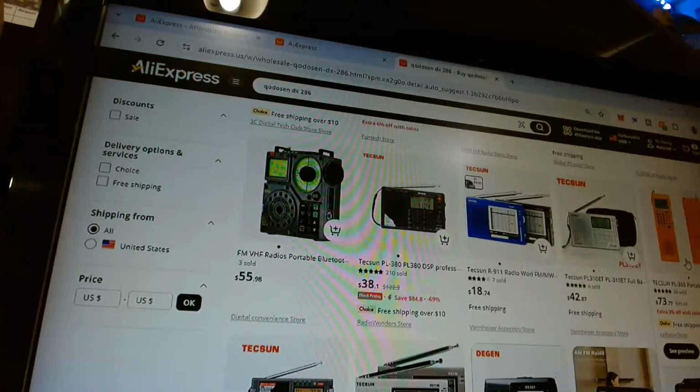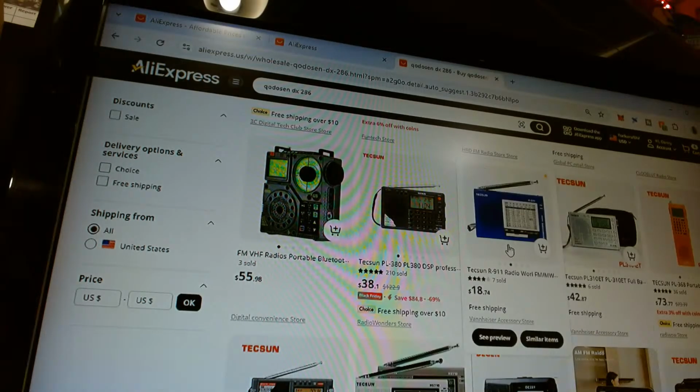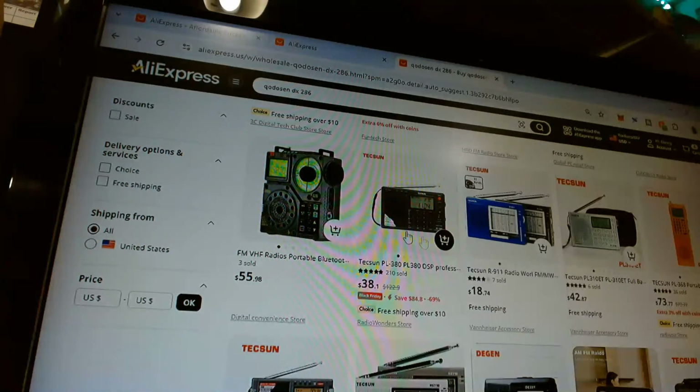And then the PL368. Then Tecsun R911 is here. Tecsun PL380.